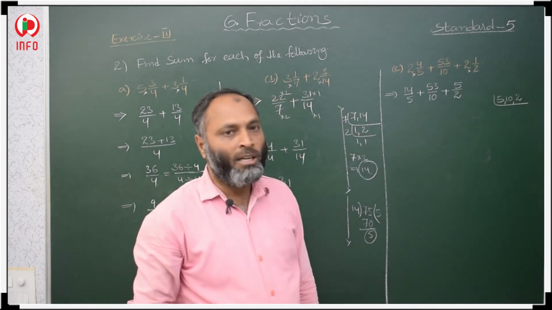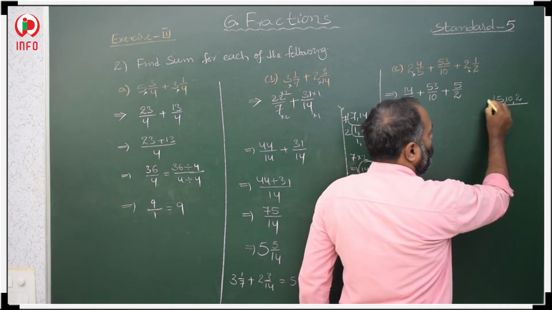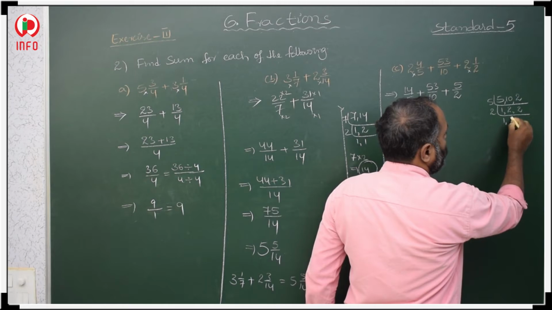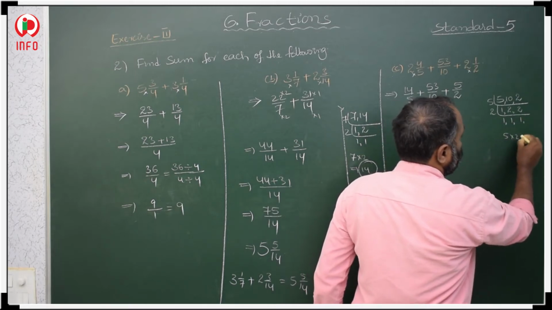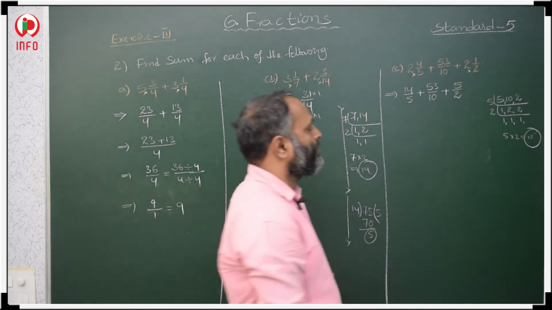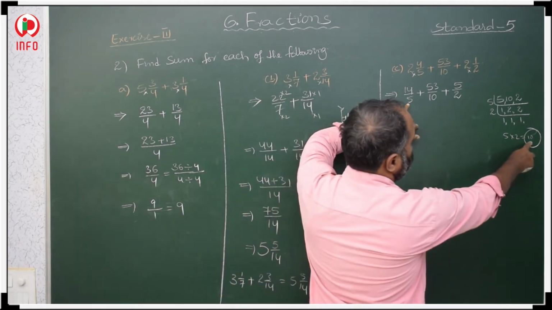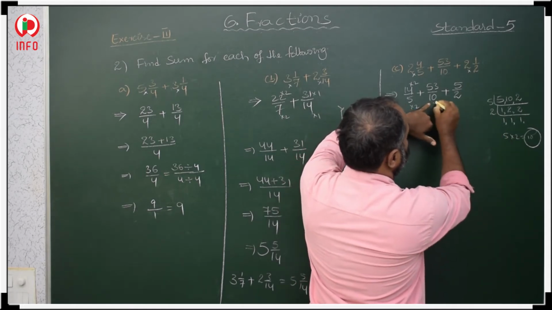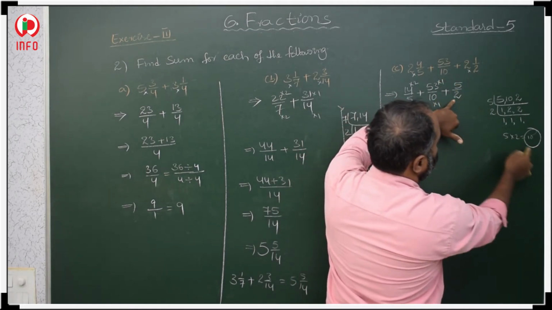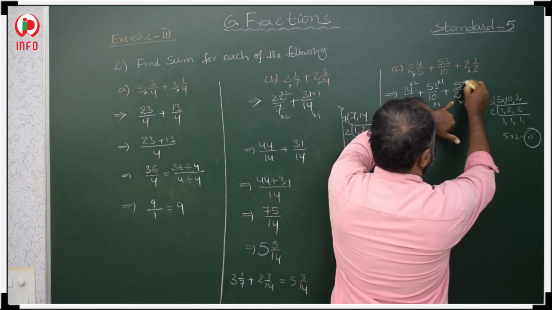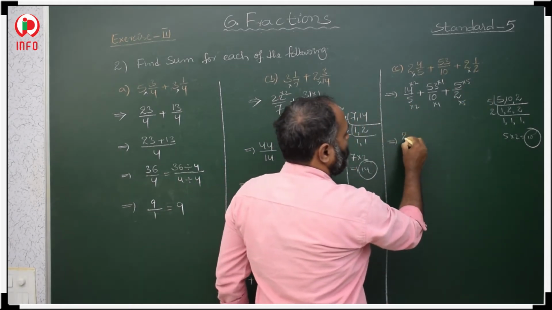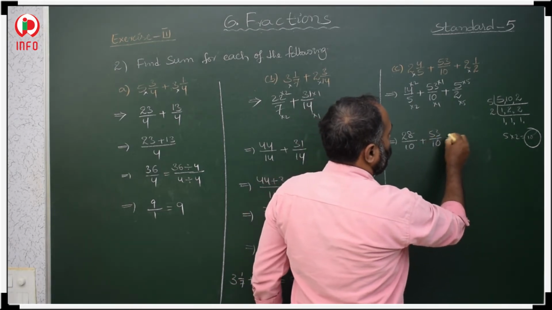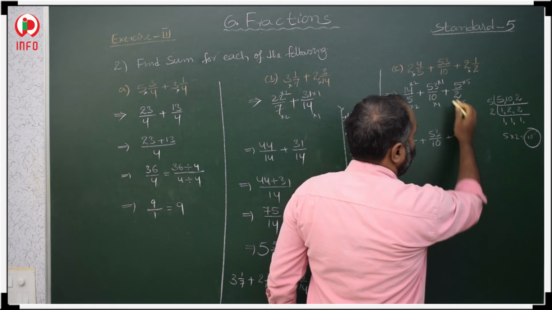Now for the LCM we take 5, 10 and 2. Two numbers are divisible by 5. 5 1s are 5, 5 2s are 10, these two as they are. Then 2. 2 1s are 2, 2 1s are 2. Then 5 2s are 10. Our LCM is 10. For the first fraction 5, to get the LCM 10, 2s are, multiply with 2. In the 10 table, 10 1s are, multiply with 1. In the 2 table, to get 10, 5s are, multiply with 5. 14 2s are 28 by 10. 53 1s are 53, 10 1s are 10. 5 5s are 25, 2 5s are 10.